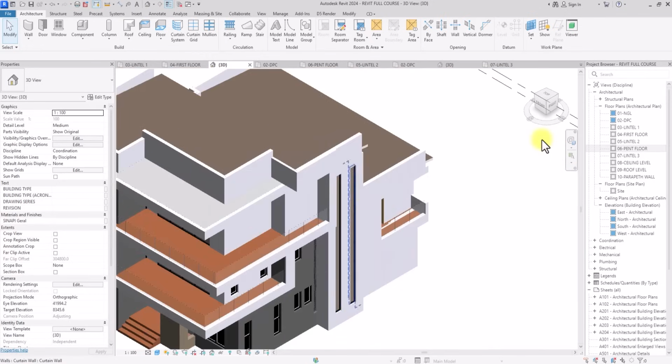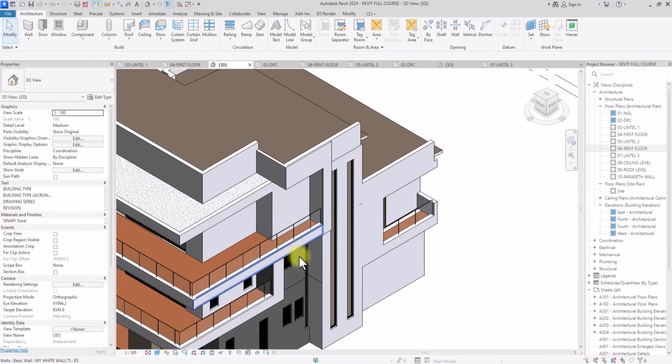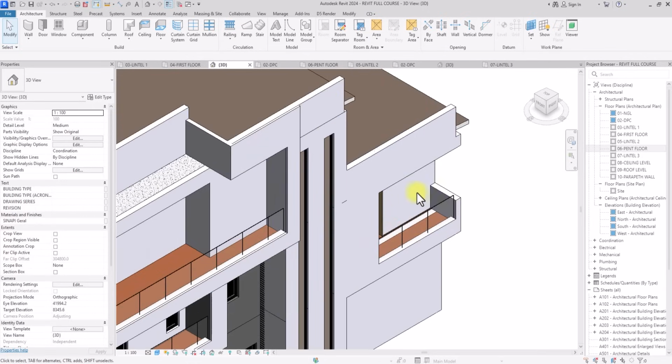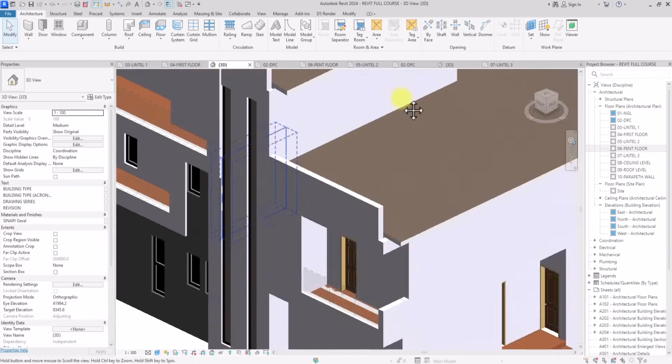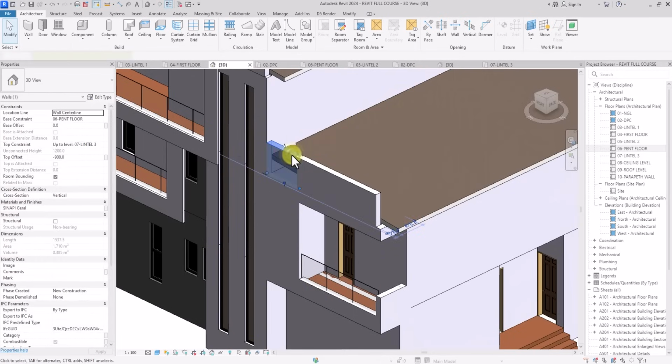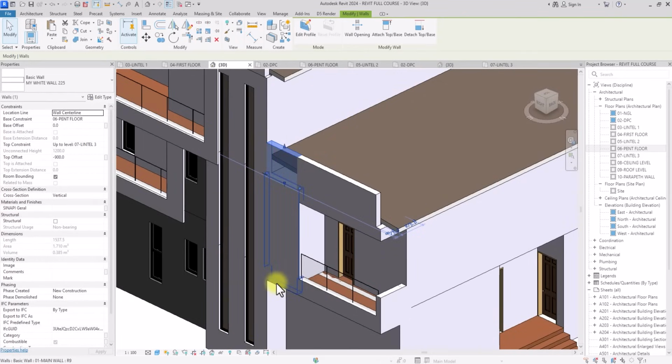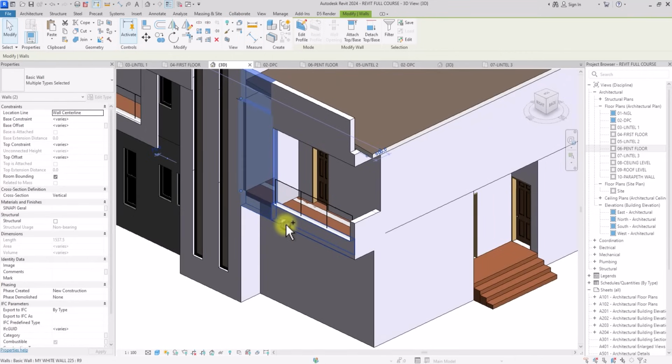So as you can see, some character is coming out now and it's looking good, but we could still go further. We could kind of bring out this balcony here. How are we going to do it? We're going to do it by changing the color and adding some more mass to it and maybe protruding it just a bit more. So we're going to select all these walls here